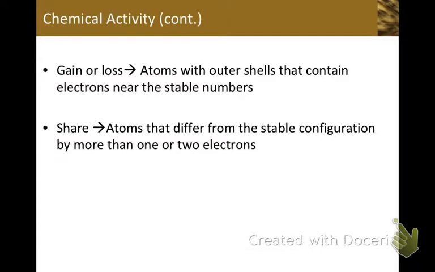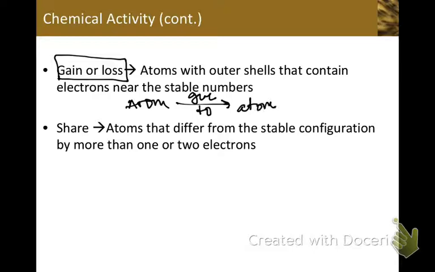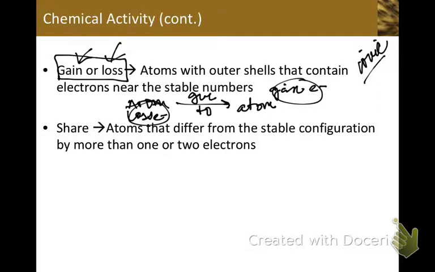Now, if we gain or lose electrons, so essentially an atom here has an electron and gives it to the other atom, or if this atom takes it, right? It's gaining or losing. So if he gives it to him, he's going to gain an electron and he'll lose an electron, right? That's what we'll talk about in a minute in class. That's an ionic bond,